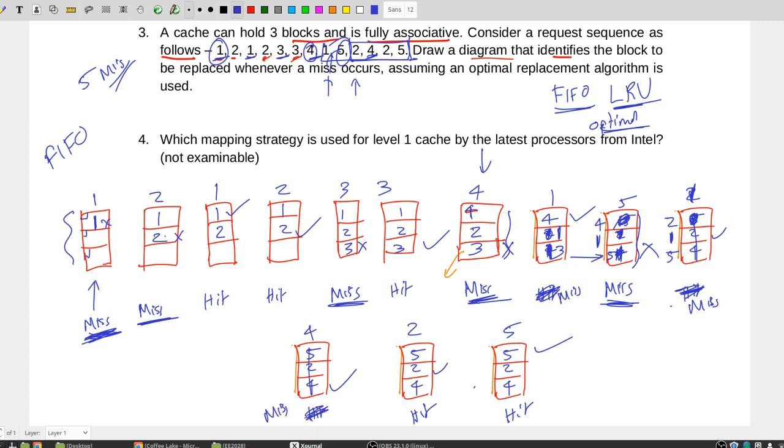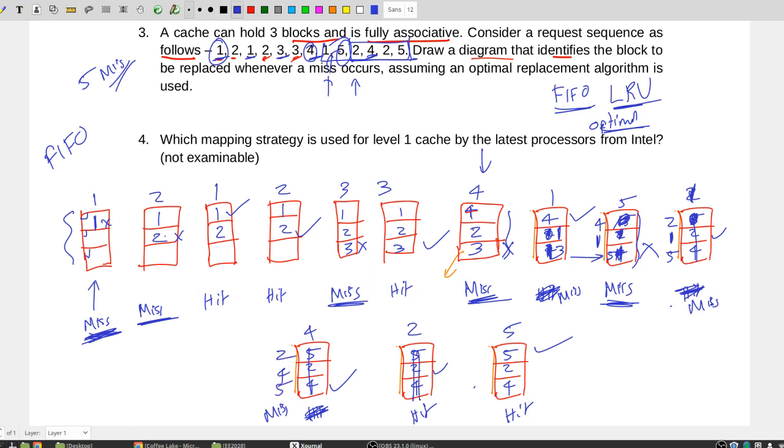So you can see that in this particular case, your FIFO replacement scheme does a pretty terrible job, right? It is replacing something which is required in the near future, but the policy is that you don't look into the future, you look at the past. Okay, so among 2, 1, 5, which one should be replaced? So 5, 2 should be kept. Yeah, 4. Yeah, so it's 2, 4, 5.